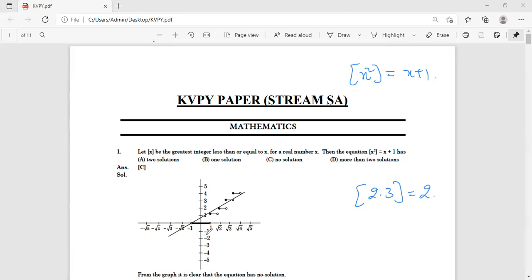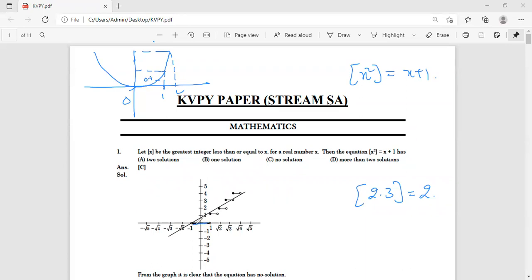So one way to think is to solve it graphically. How is the graph of x²? x² is like this, right? This is 0. At 1 the value is 1. At 2 the value is 4. Now what is the integral value of x² on this graph? The integral value will be 0. If you take any number between 0 and 1, let us say 0.4, the integral value is 0.